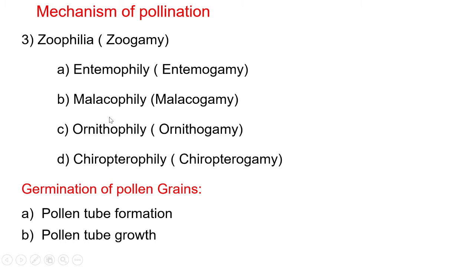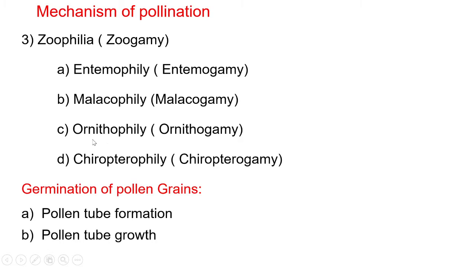Second type of zoophily, subtype malacophily. When pollination takes place with the help of other animals like slugs, snails, squirrels, etc., it is called malacophily. In Aspidistra lurida, the flower opens at the soil level, the stigma is flat and blocks the mouth of the perianth. This condition is best suited for malacophily.